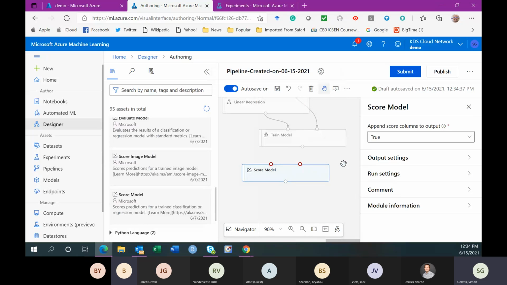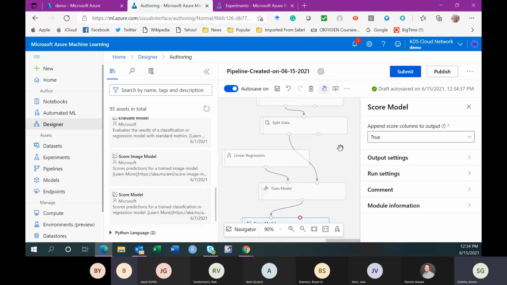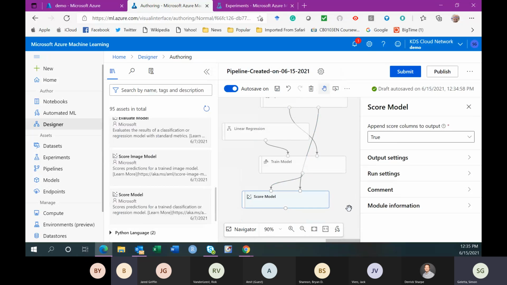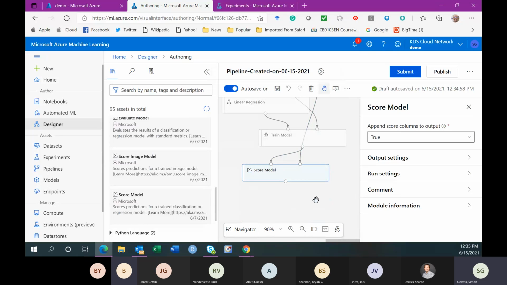I also want the trained model, I get the parameters from the trained model, and then go back to here, split data, and use the 30% data that's not used for model building for the purpose of scoring.